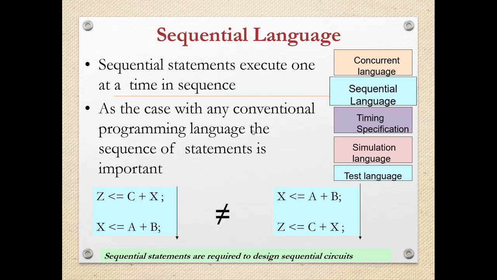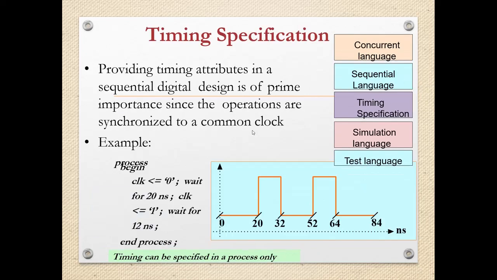Now the third feature is timing specifications can be provided. Providing timing attributes in a sequential digital design is of prime importance since the operations are synchronized in a common clock. For example, you can see one waveform is generated over here by writing some VHDL code.